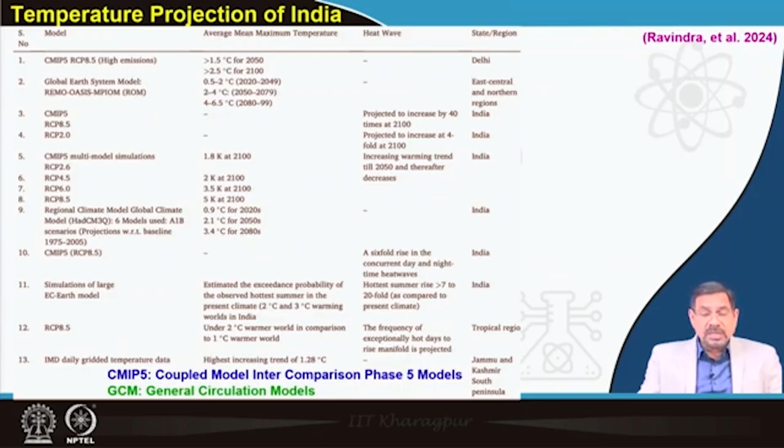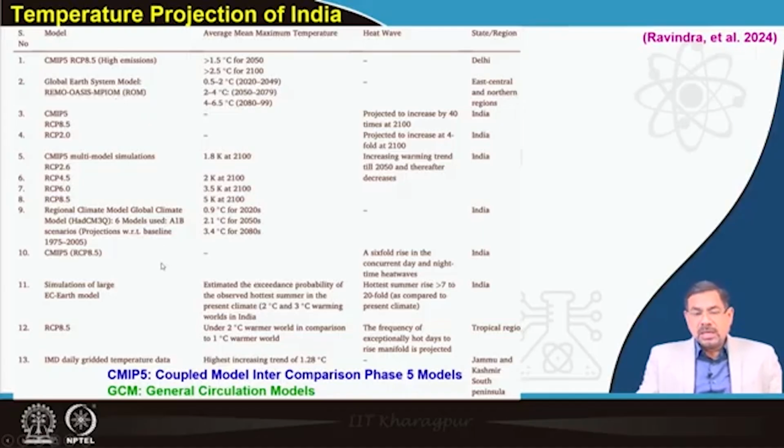So, with respect to that, they have found 0.9 degree centigrade by 2020, which has already gone and looks like it has happened. 2.1 for 2050 in futuristic and 3.4 for 2080. Similarly, you can see this kind of average mean maximum temperature projection have been given by different studies for